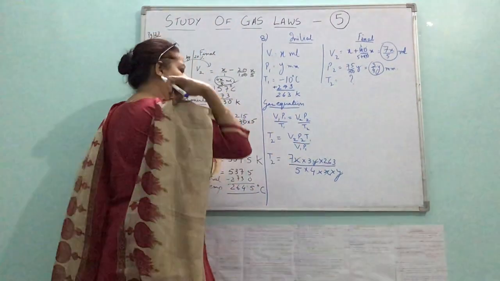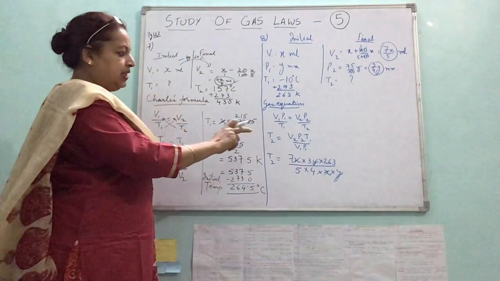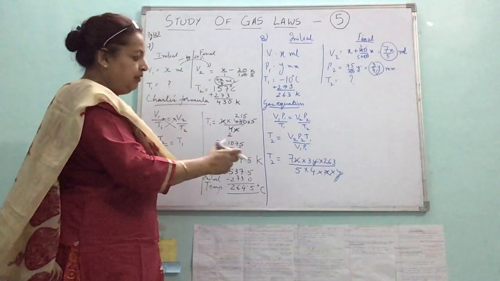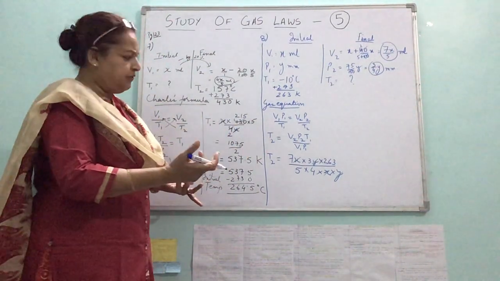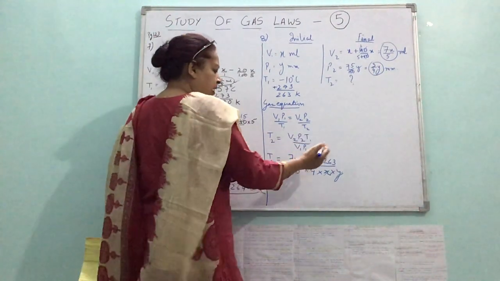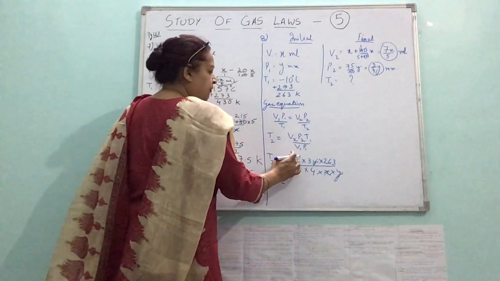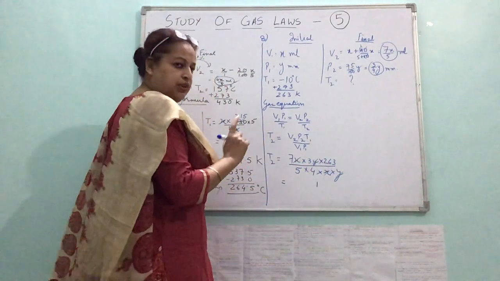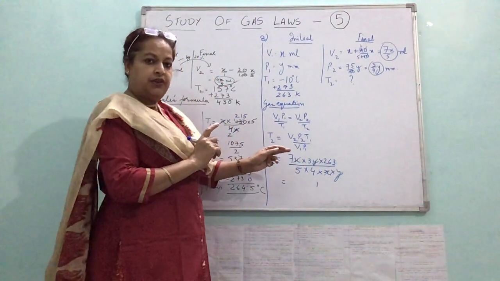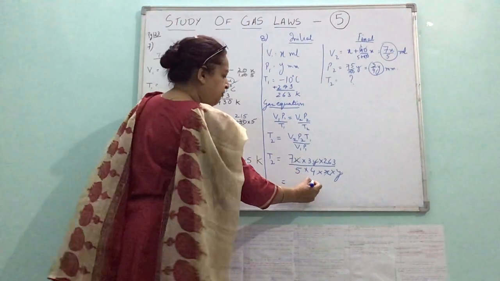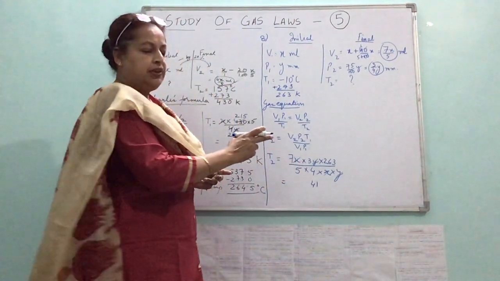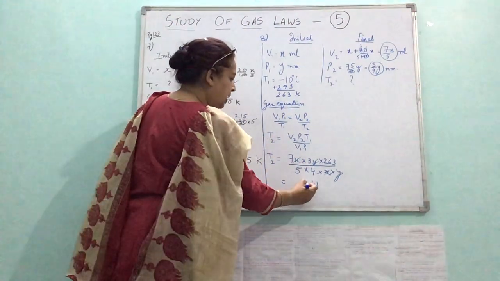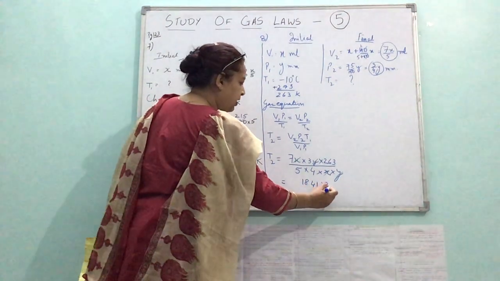So I have to multiply 263 by 21, or I can do it in 2 steps. I'll do it in 2 steps, no problem. First I multiply by 7. 7 3s are 21, 2 in hand. 7 6s are 42 plus 2, 44. 7 2s are 14 plus 4, 1841 into 3 by 20.